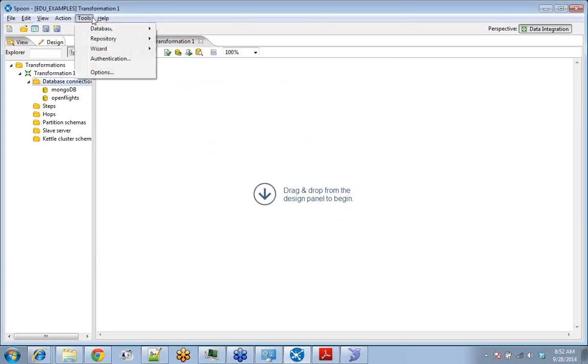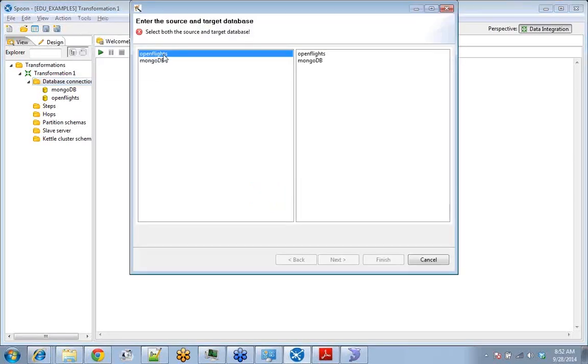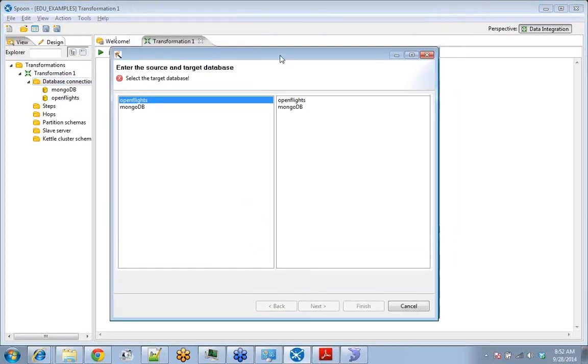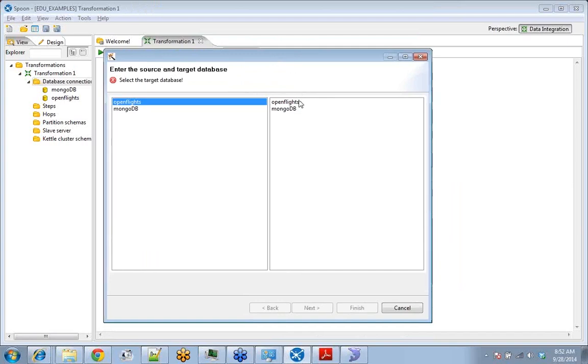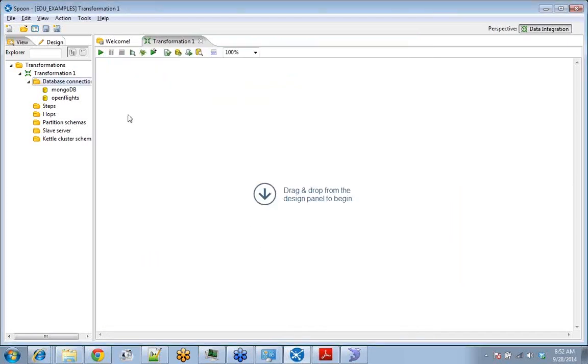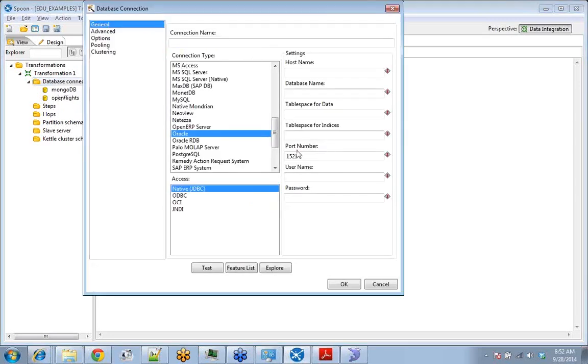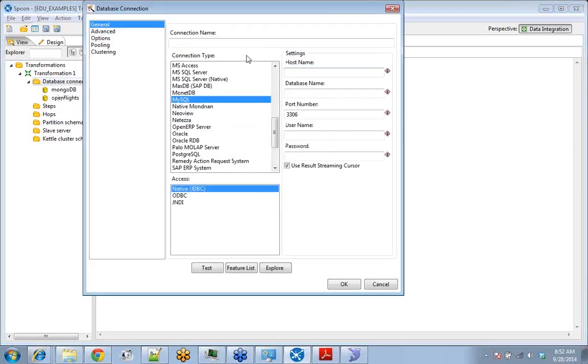Now back to our example. Click on tools, wizard, and copy table. So OpenFlights is the one which we are going to use. The target database. Okay, so target database is missing. So anyways, we'll have to add the target database here. So we will add new MySQL native connection. The name is